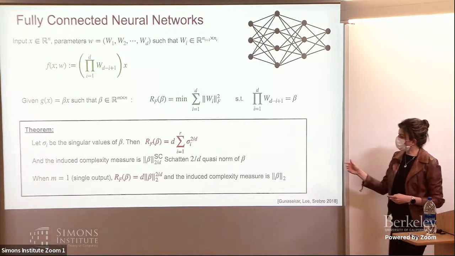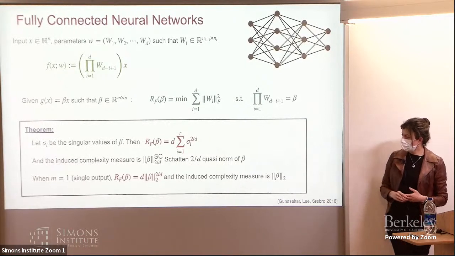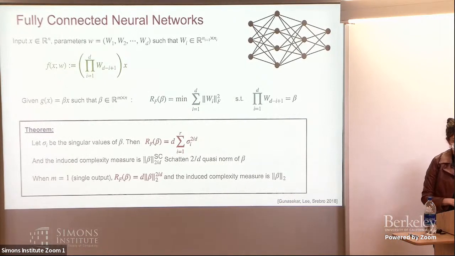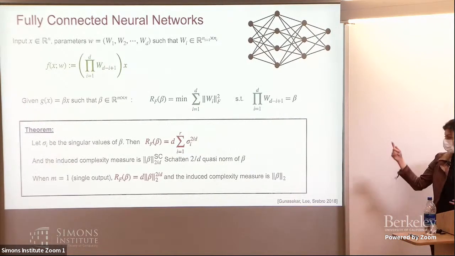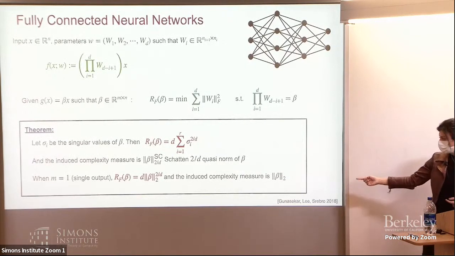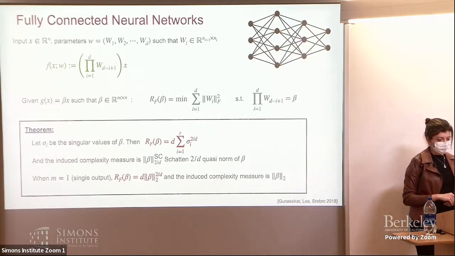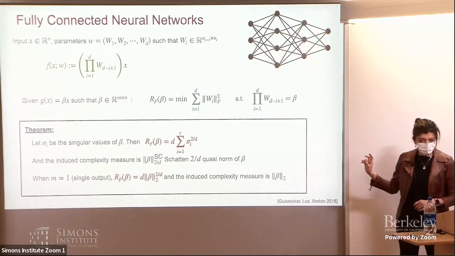So the induced complexity measure is going to be the 2 over D Schatten quasi-norm of beta. And in particular, when we're looking at the single output case where M is equal to 1, the induced complexity measure is just the L2 norm of the vector beta. So again,